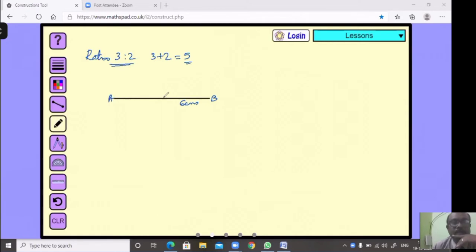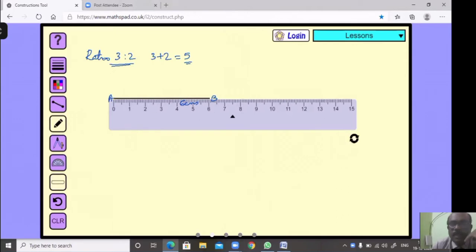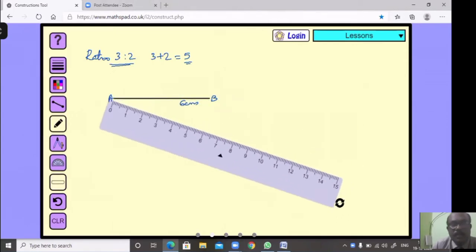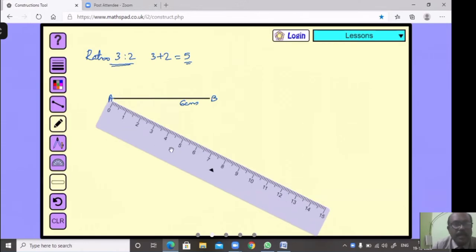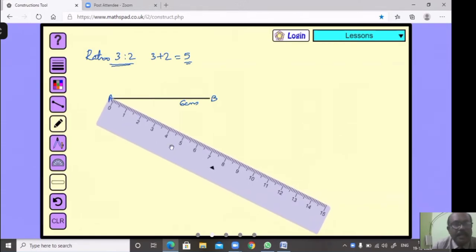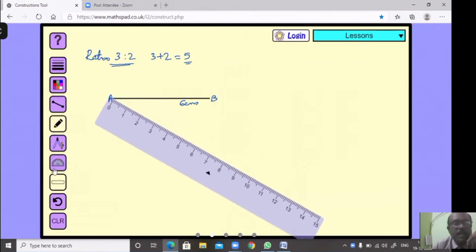After completing AB 6 centimeter, now we need to draw another line. So take your ruler once again, and keep the ruler in such a way that we draw another line which makes some angle, any angle, which is an acute angle. Okay, not 90 degrees or more than that. Just make an acute angle for our convenience, and then draw a line. There is no measurement. You can just draw the line to any length you like.